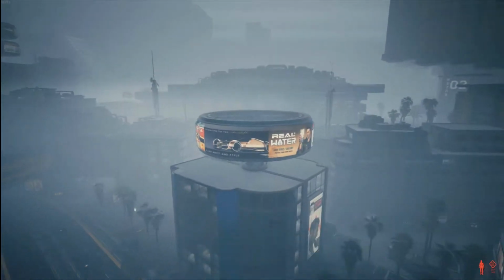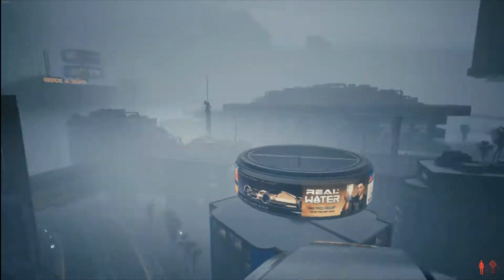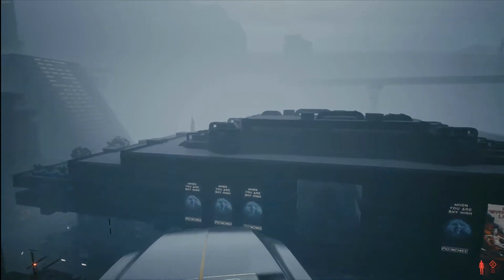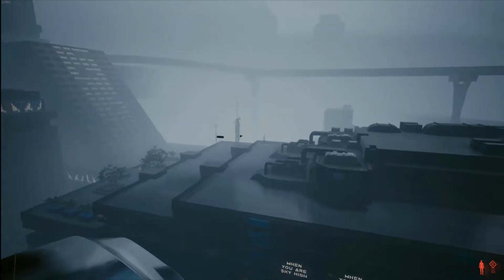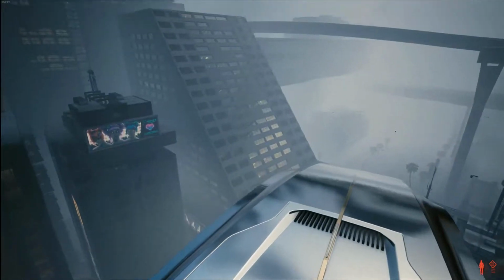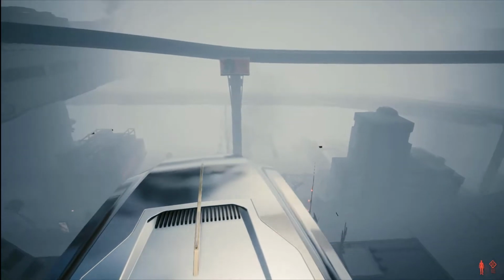Now you will have to ride it for a little while. It's a fun little ride. There's cool stuff to see, and there's quite a few spots where you can jump off and get onto roofs of buildings and stuff. Anyhow, after a little while, you'll see that you're approaching a train track,